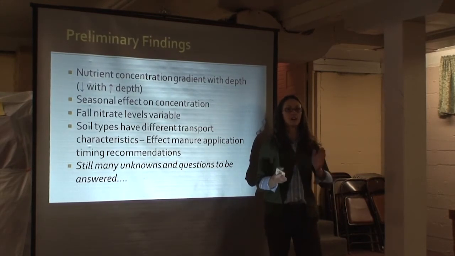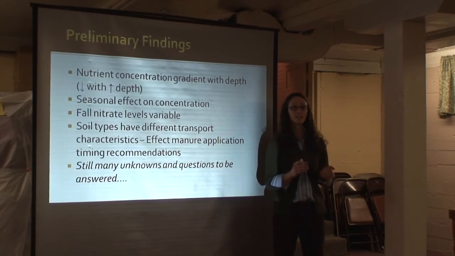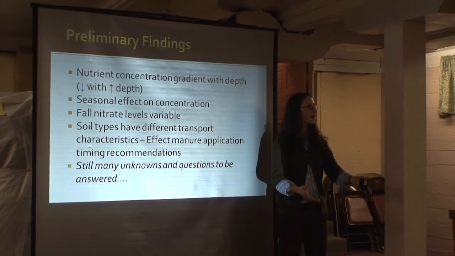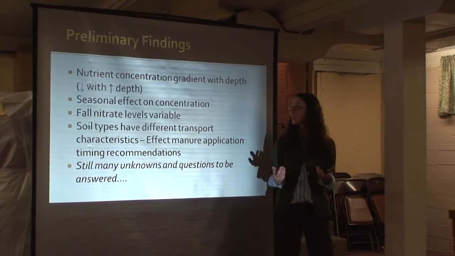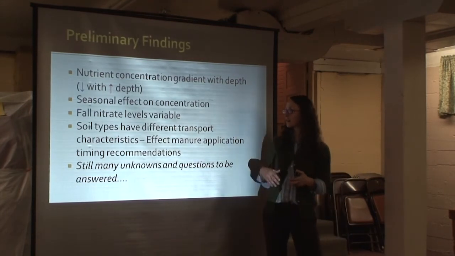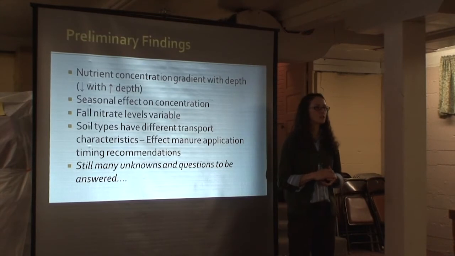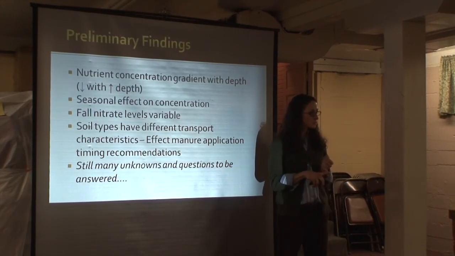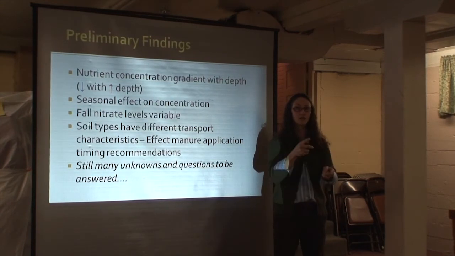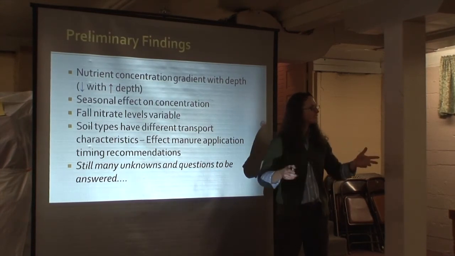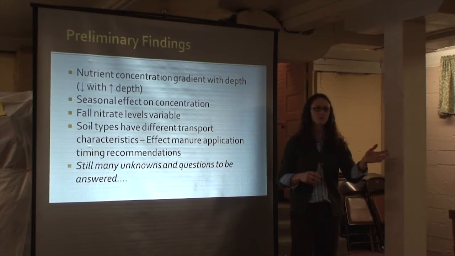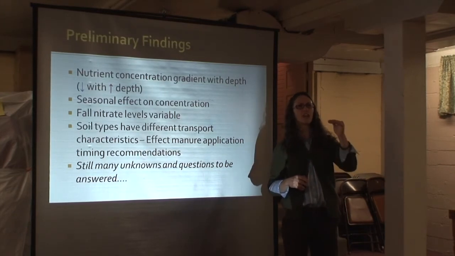We've been able to document those two things with the data that we've collected, which helps us support when you put manure out certain times of the year on different soil types. We've also found, obviously, a seasonal effect on concentration. This has to do with soil saturation and soil temperature, the two biggest factors in what's converting and when and how. We've even seen very interesting results with phosphorus, and how with time of year you measure it